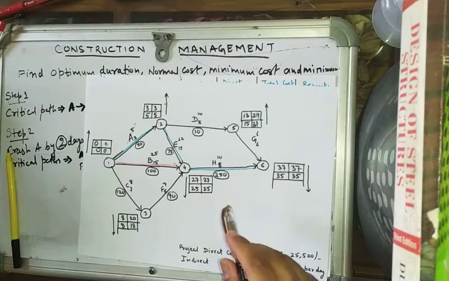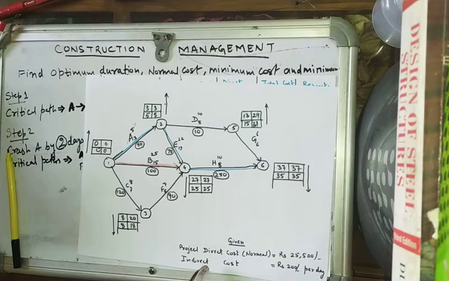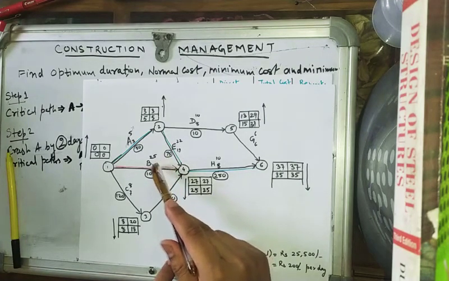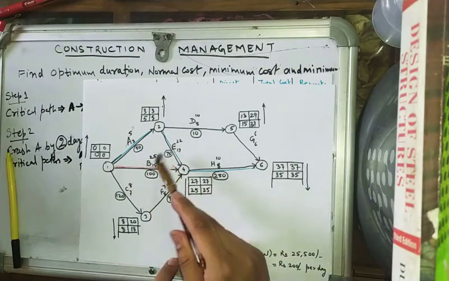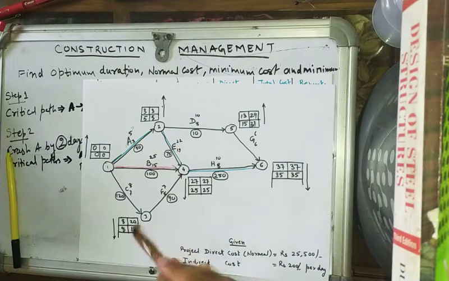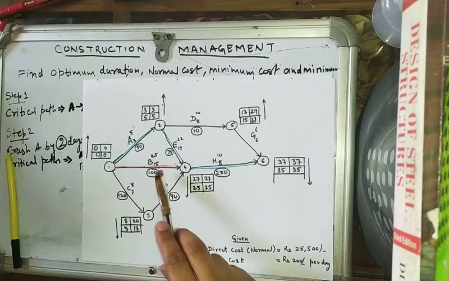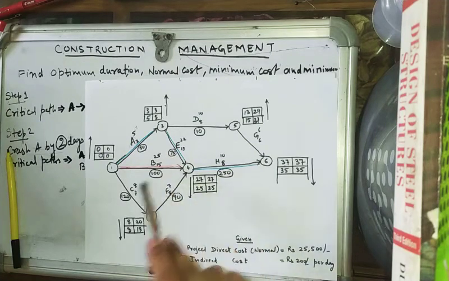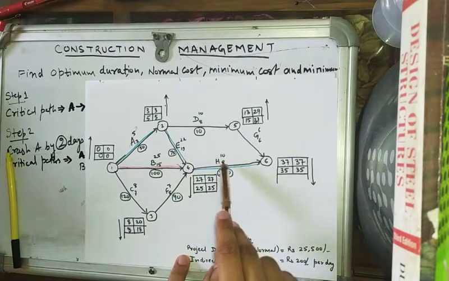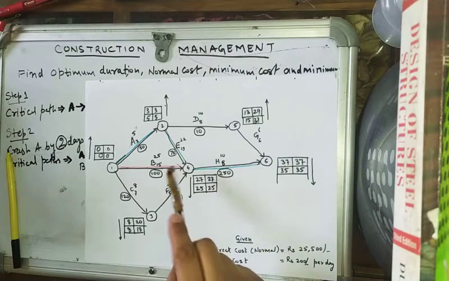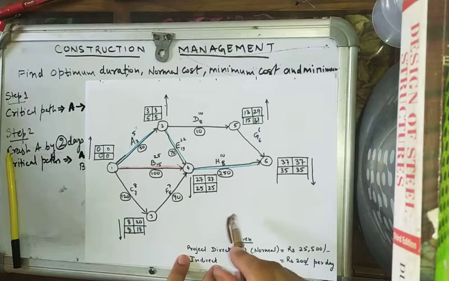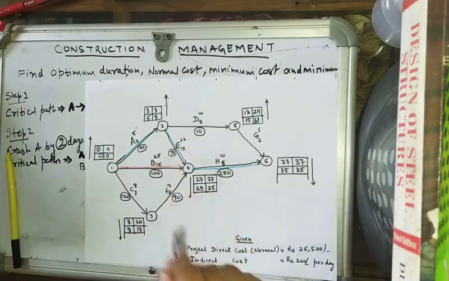in order to decide which activity has to be crashed, we'll calculate the total cost slope of B and E and compare it with the cost slope of H. For example, in this case the cost slope of B and E together is 100 plus 75 equal to 175, and cost slope of H is 250. So the cost slope of B and E together is less than the cost slope of H. So first of all we will crash B and E together,